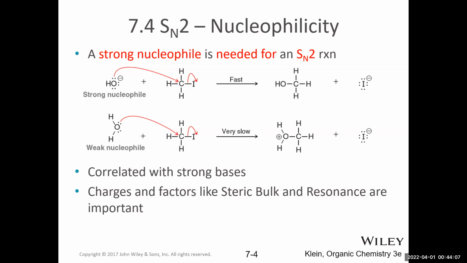And that's because a strong base needs to donate a pair of electrons to a proton, and a strong nucleophile needs to donate a pair of electrons to an electrophile. So they're doing a very similar job. The difference is that the proton is small, so we don't have to worry about steric hindrance. But an electrophile, there's a variety of electrophiles, right? This is methyl iodide, but there's a lot of other substrates we can use. So that also depends on some other factors as well.